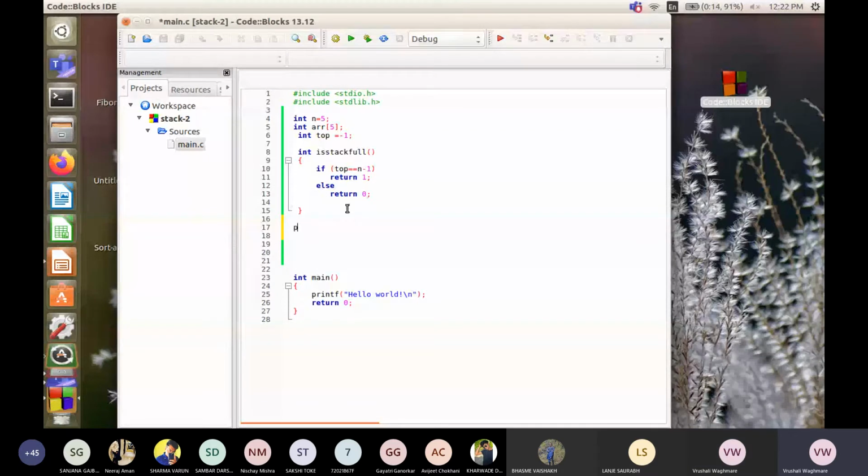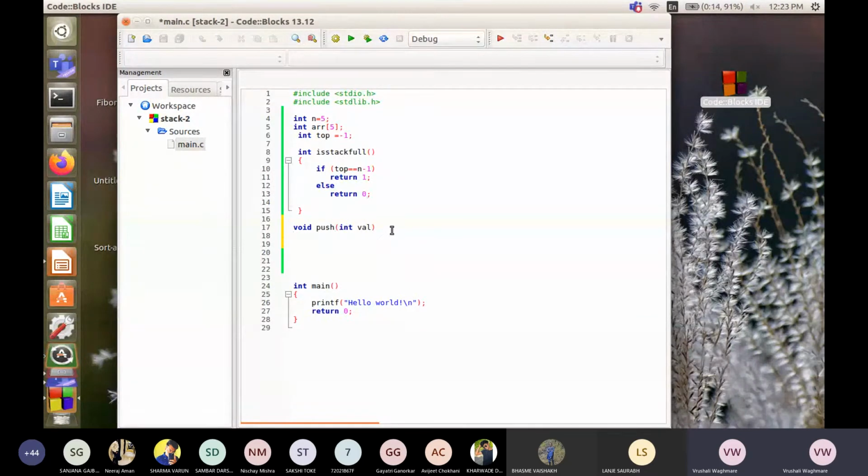And now we are going to write a function of type void, because this is not going to return anything. The function name is push. What are we going to push? We are going to push one integer value, because here we are implementing the stack by using an array. So we have, at line number 5, the integer array of 5 that we have declared. This integer array of 5 is going to act as our stack, so it should work like a stack. So we are writing its functions.